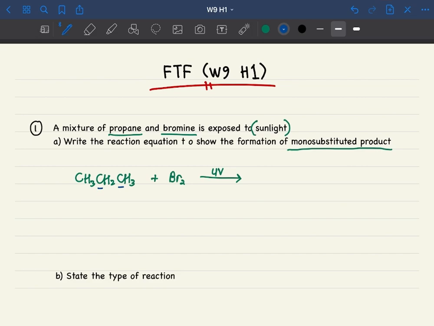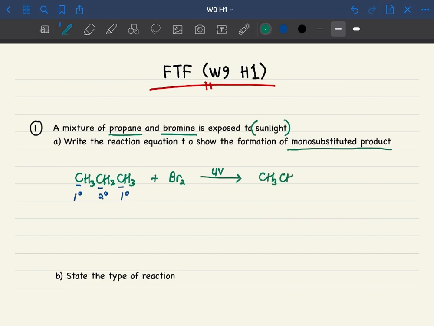At the first carbon on the far right, we have a primary carbon, while for the second carbon, we have the secondary carbon. As for the third one, we also have a primary carbon. Since we have two classes of carbon here, it means we're going to have a combination of two products. So our first product is going to be